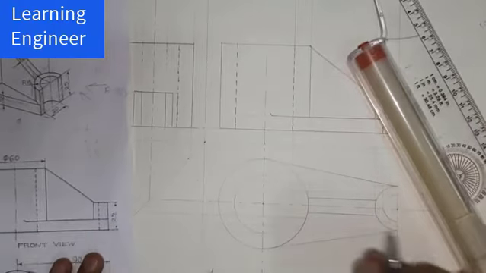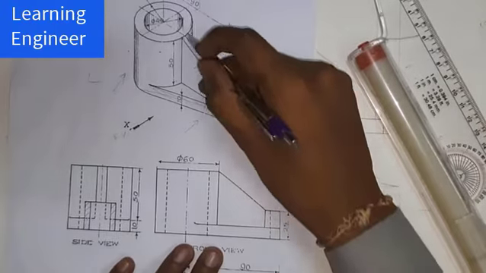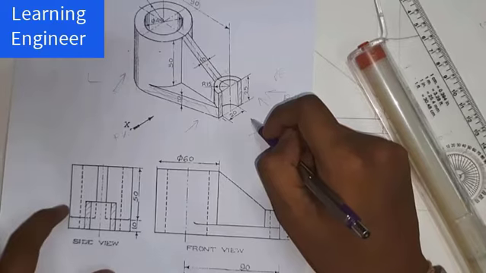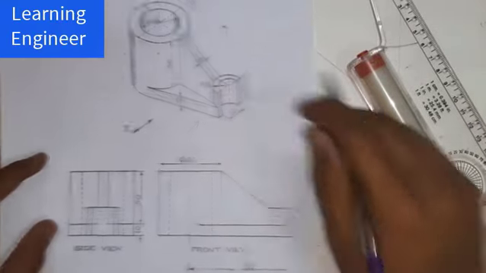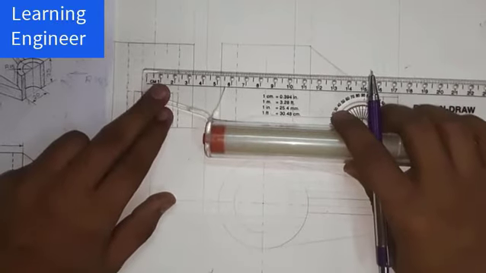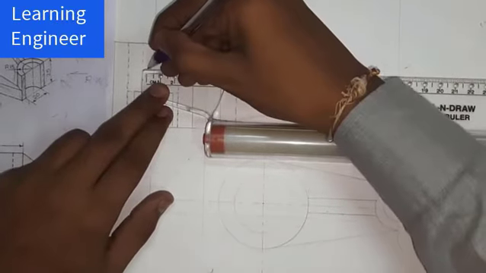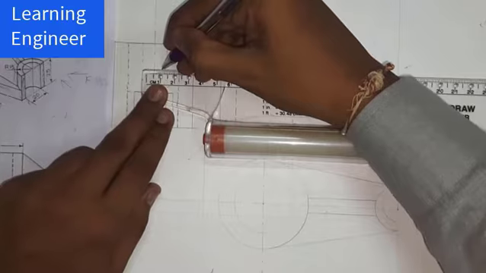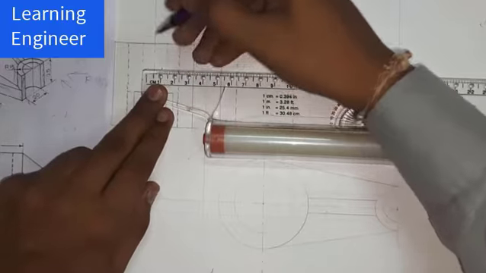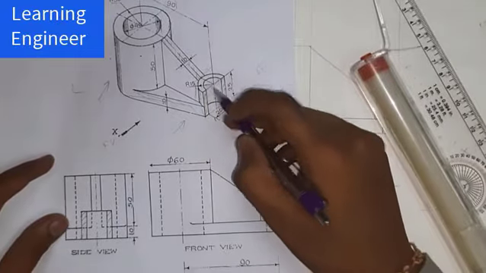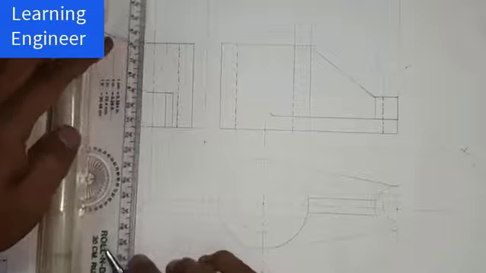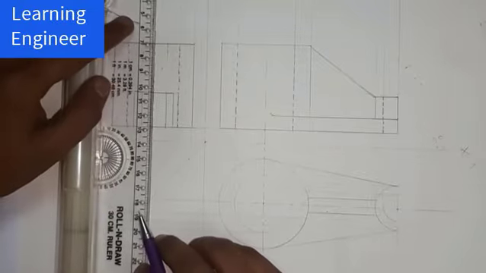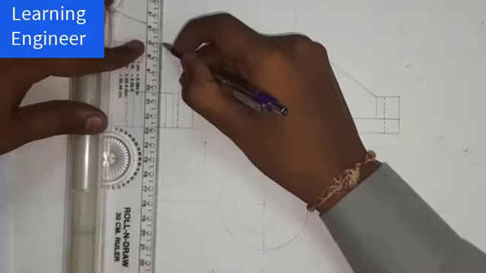And the last what? Rib. Okay, this rib will be visible. For that particular rib, what will we do? We will mark, okay, this total is 10, so we can mark 5 millimeter from both sides, 5 mm, and this is also 5 millimeter from both sides. And this rib is till where? Till here. We will draw that rib. Okay, we will locate that rib at a distance of 5 mm.